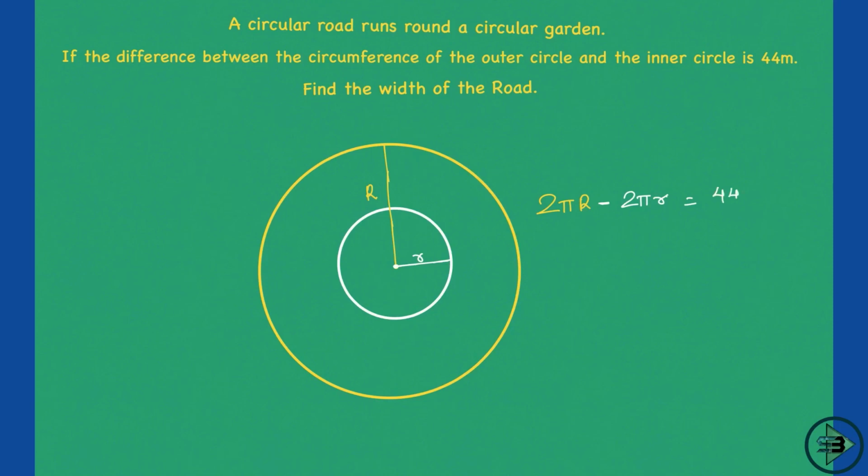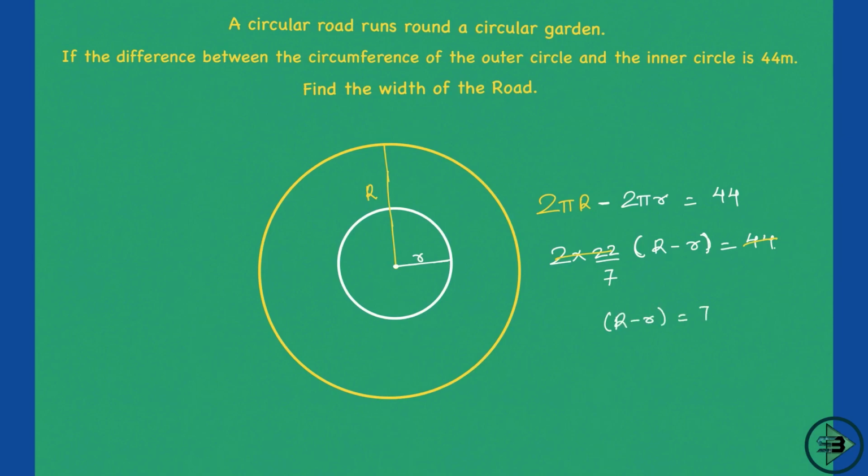So that's what I'll write here. Now what will you do from this? Take out 2 pi common. So 2 into pi, I'll write it as 22 by 7, into R minus r is equal to 44. That's what I get from here, right? I take out 2 pi as common, and this is what I get. Now what gets cancelled? 44 gets cancelled, and this 44 gets cancelled here. So if I just cancel this 44 and 44, I get R minus r